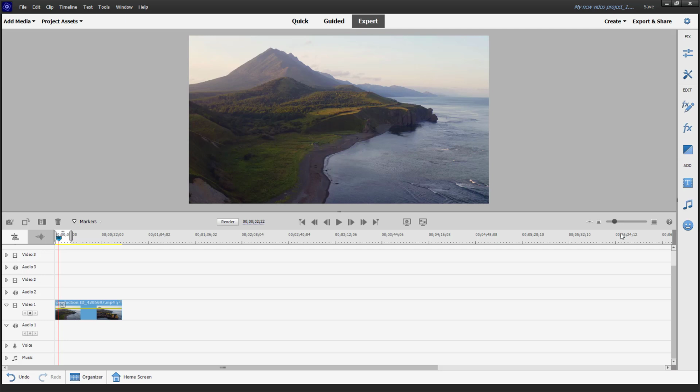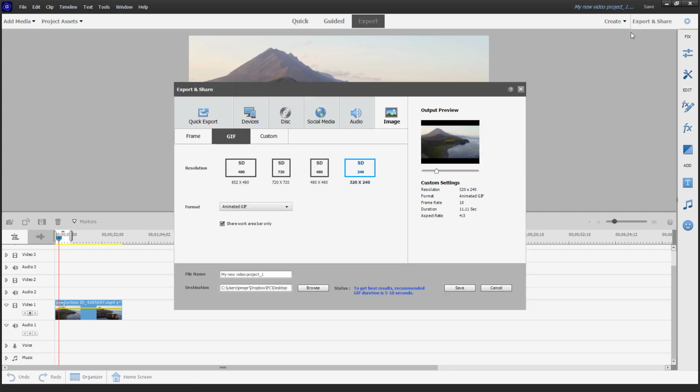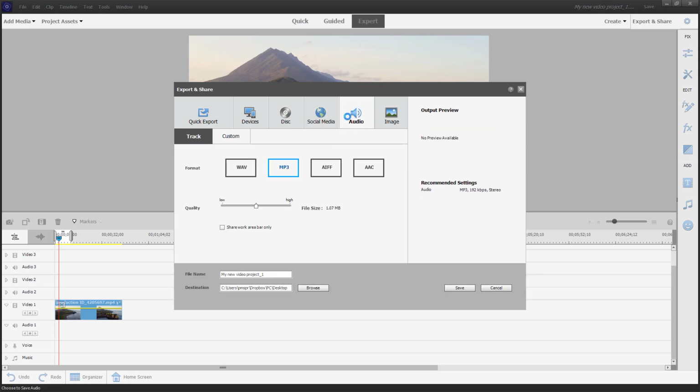When you export out your media, you may want to use your own settings. In that case, what you can do is create custom presets for export in Adobe Premiere Elements. To do that, you need to click on Export right here. Once you do that, in any of the media that you select,